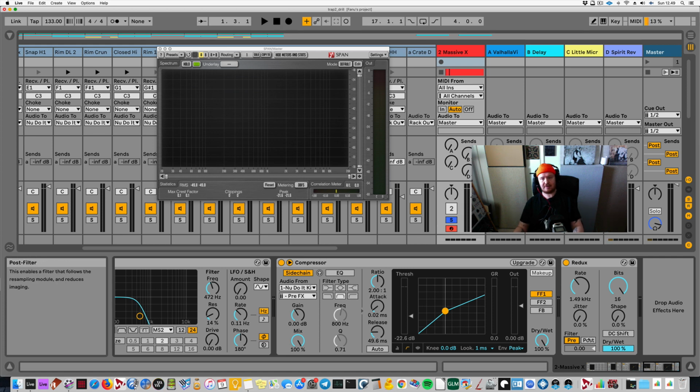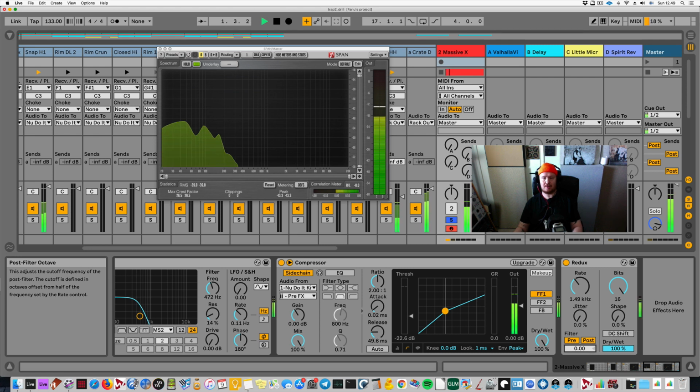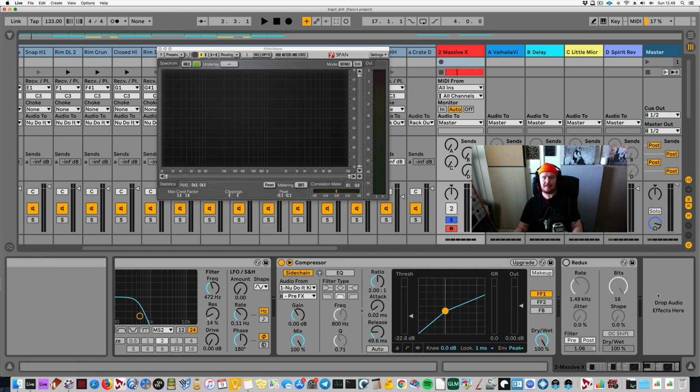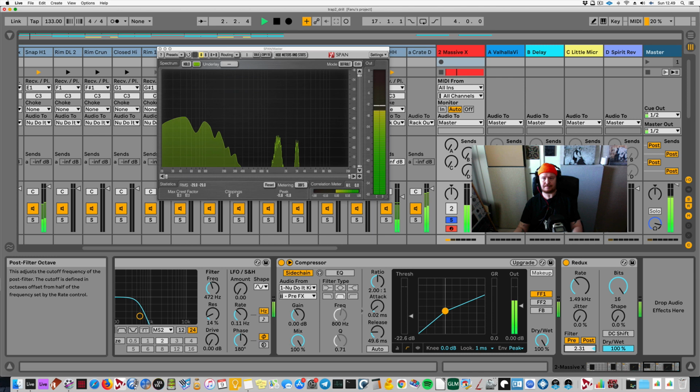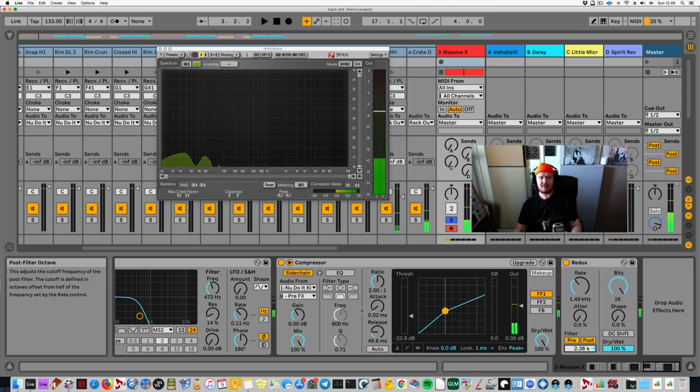Then you have the post filter, which you can use after the aliasing, after the sample rate reduction has happened. So you can kind of tame it if you want to. So you can use it as a filter. You don't have to. Sometimes I was adding a filter after this, but then I realized I don't have to. So especially with bass, it's kind of nice. You can get kind of dirty. I'm not saying that this sounds particularly amazing, but